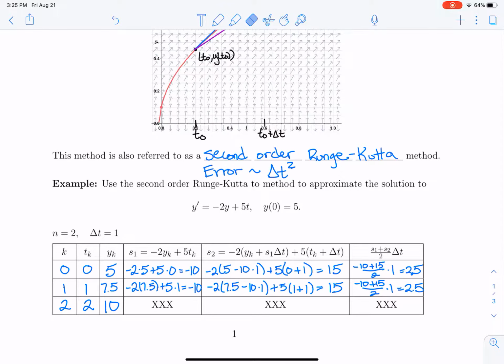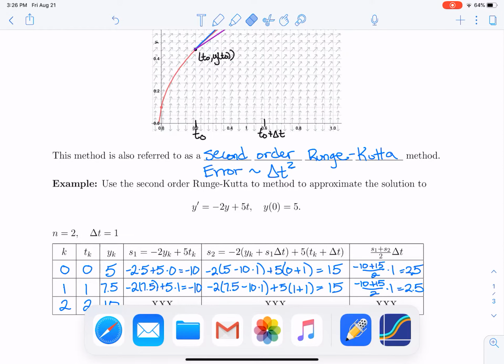Now that estimate isn't going to be very accurate. In fact, I think it ended up being the same estimate that we got for Euler's method, but this will converge much faster to the solution as we increase the number of time steps or decrease delta t. So let's look at what this method looks like